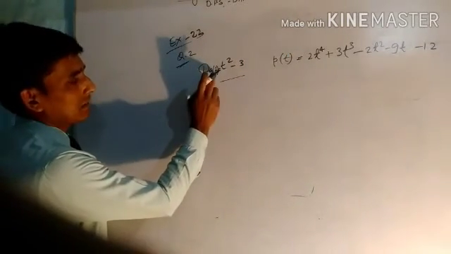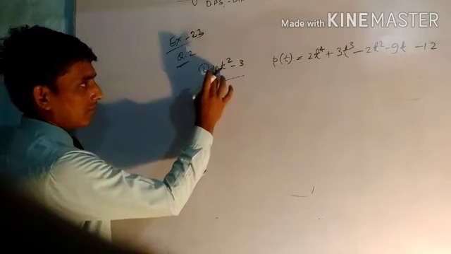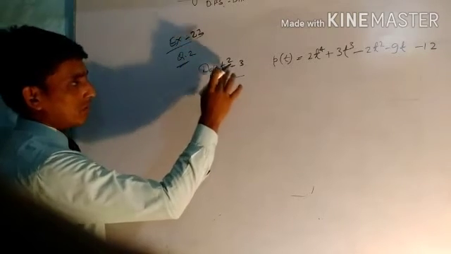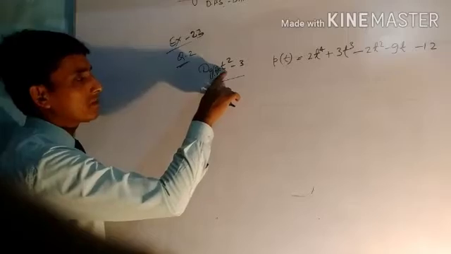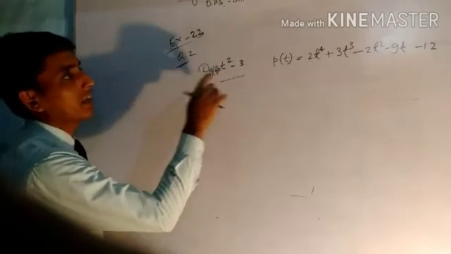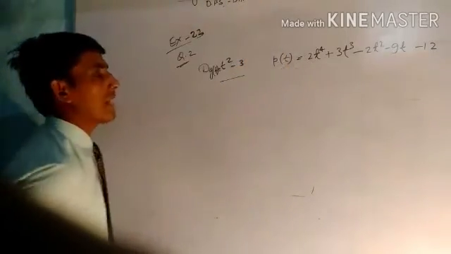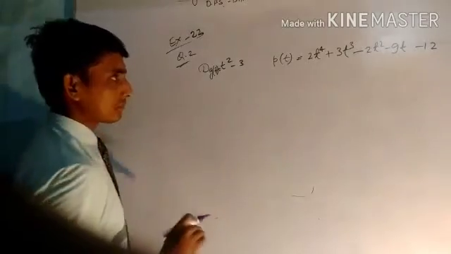Actually we write the symbol of the variable here. So this polynomial is t square minus 3. The variable of the polynomial is t. Therefore we have to write t here in this small bracket. So again,